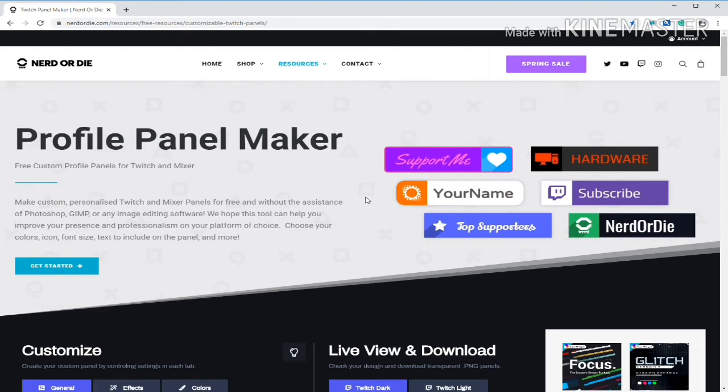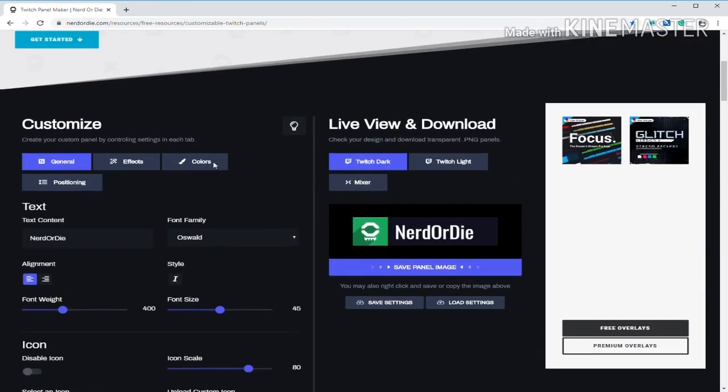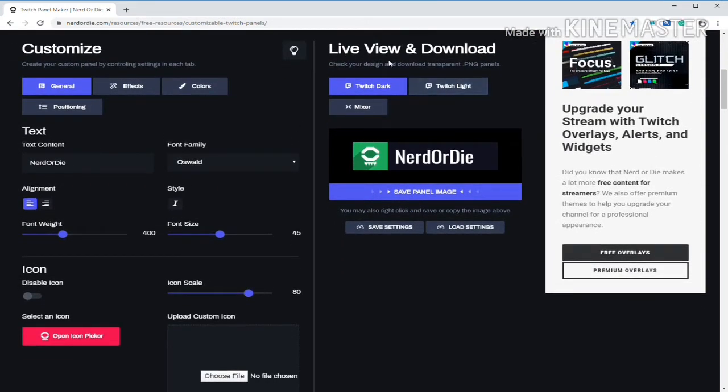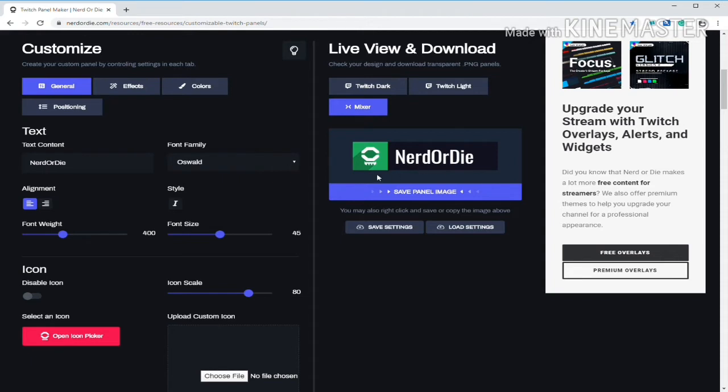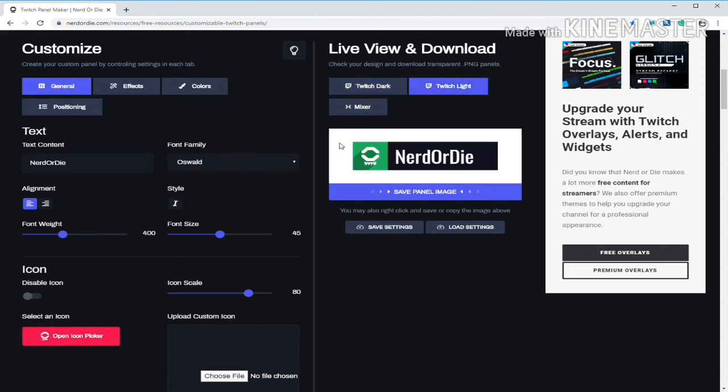So once you go down here, this is where we're gonna be beginning. On live view and download, you're gonna pick which platform you're doing this for. So if you click Mixer, click on this one, Twitch Lite or Twitch Dark. The Twitch Lite is the white overlay, and this is the thing that's gonna be on the Twitch panel. So in general, change the text to anything that you want, but for me,